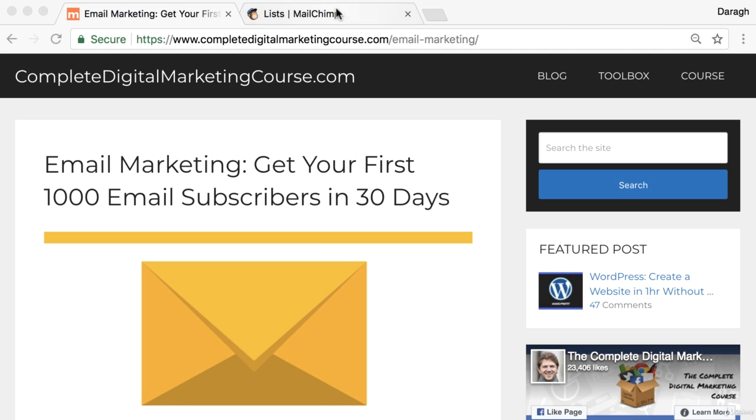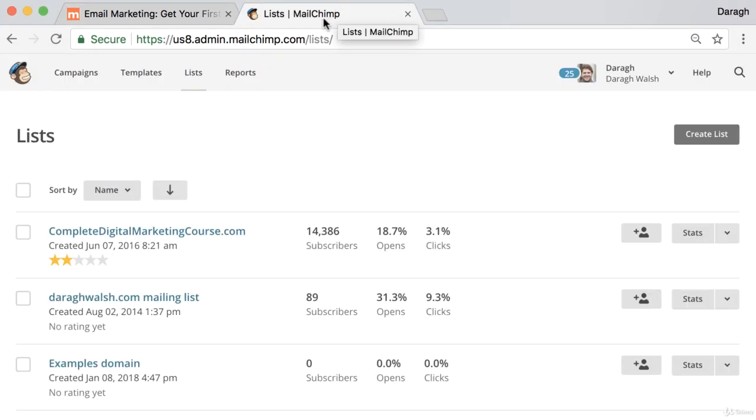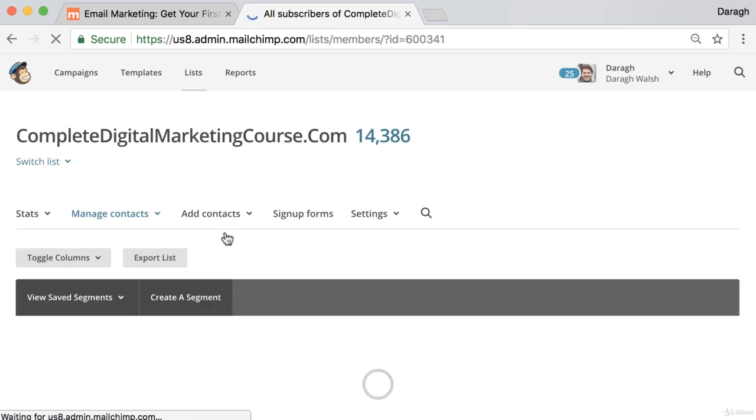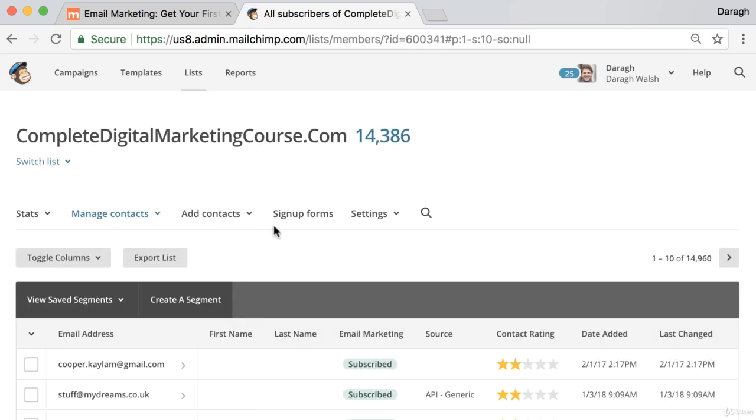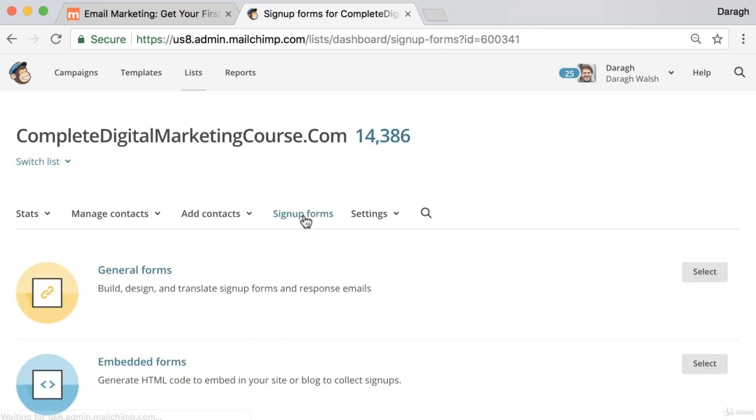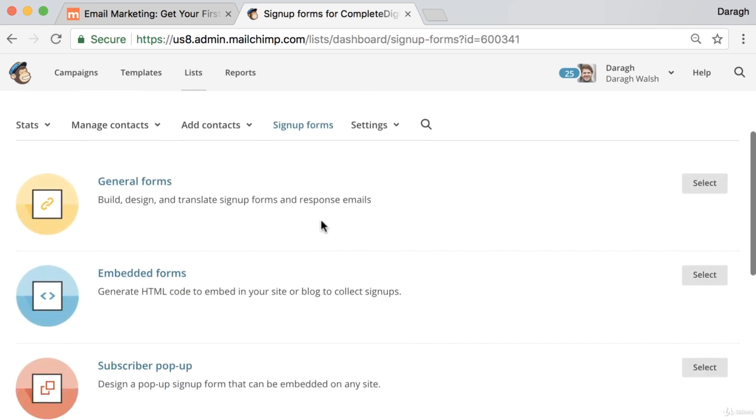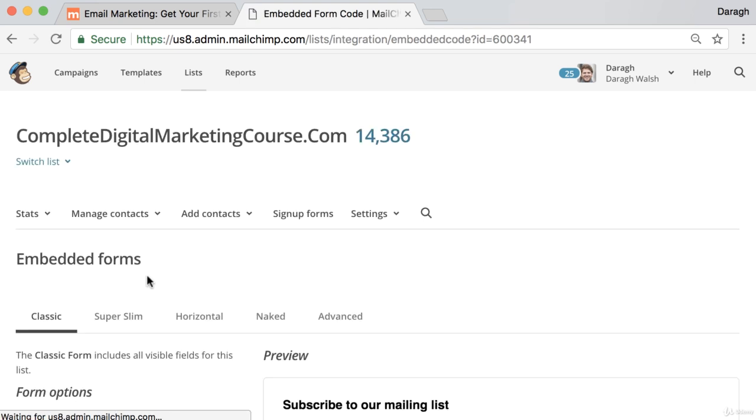So the first step is to log into your MailChimp account and then click into the list that you want to create the sign-up forms for. Once inside, then you want to click on sign up forms, and it's in here that you're going to see a couple of different types of sign up forms to create. Now, for a sign up form in the sidebar of your website, you can click on embeddable forms,